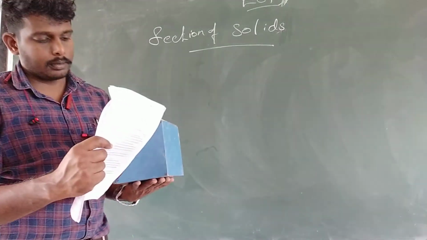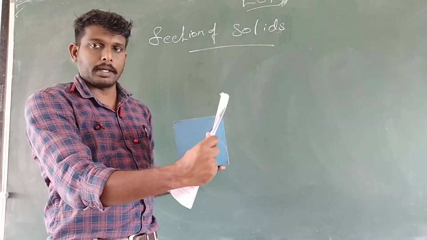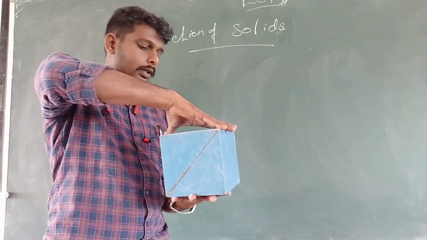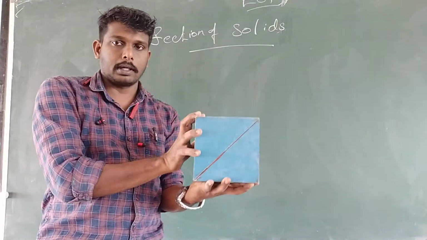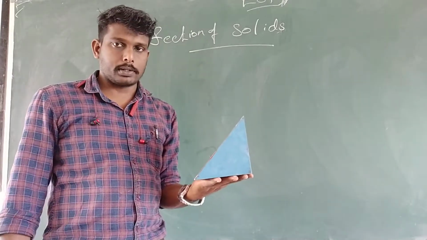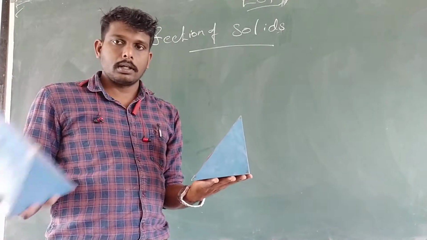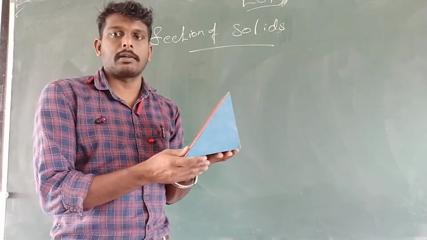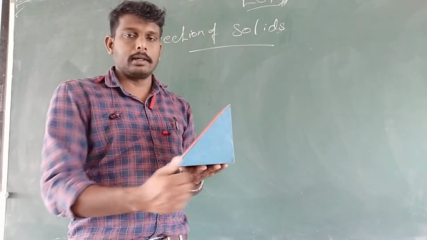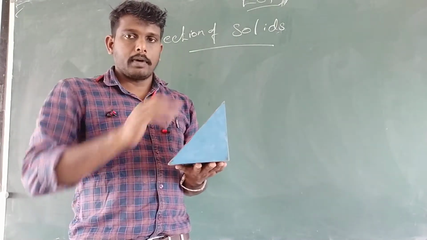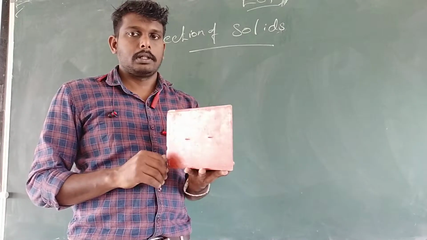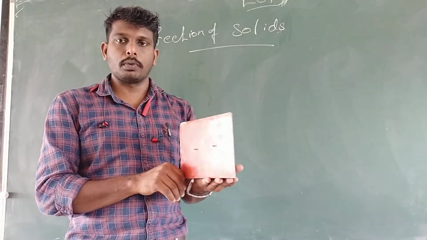So the solid is sectioned by this section plane like this. It penetrates through the solid and sections the solid into two equal parts actually. Here, this is a sectional front view of the solid. I remove this part. This is the sectional front view of the solid. Now we can see it's a triangle. And what is the sectional top view? I will show. The sectional top view will be this. This is the sectional top view of the solid actually.